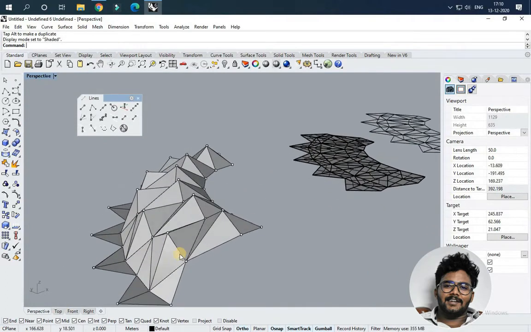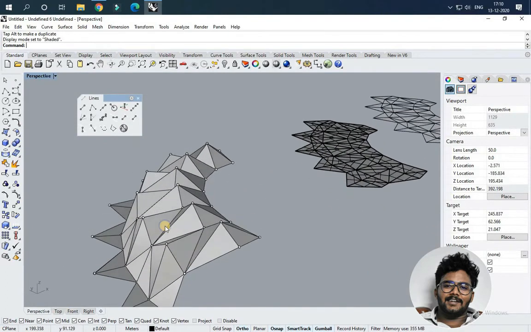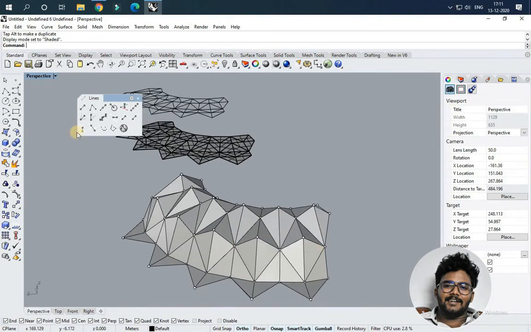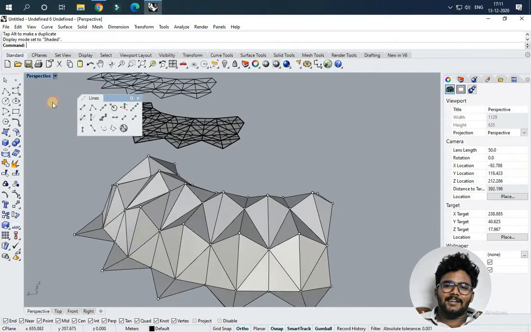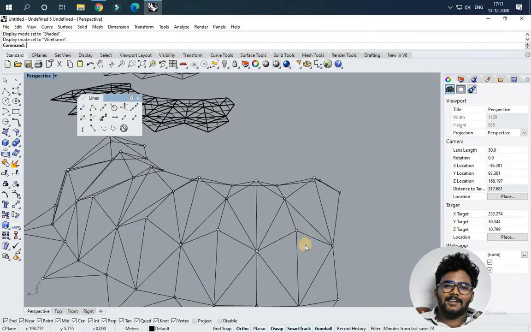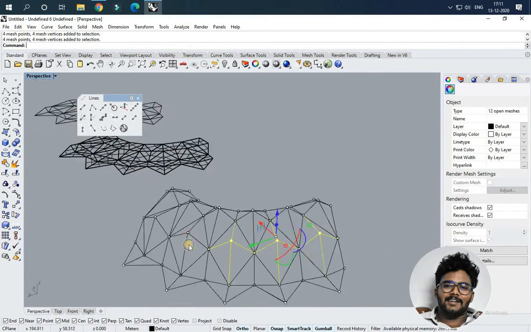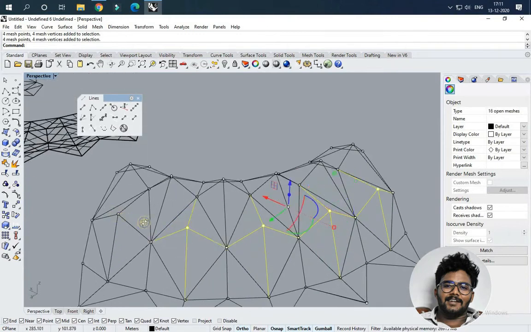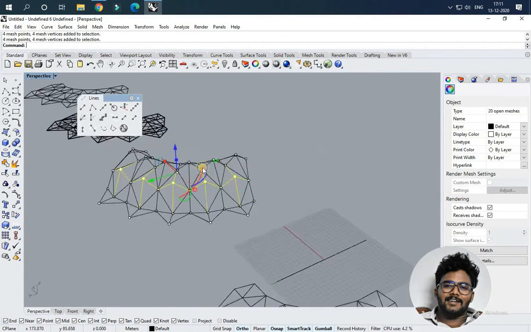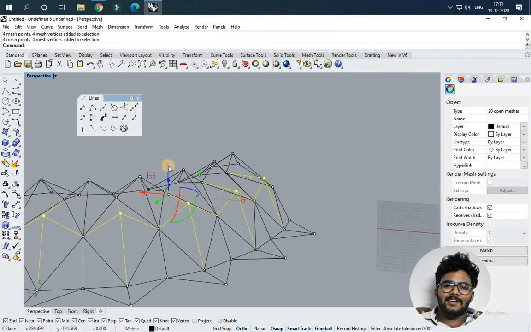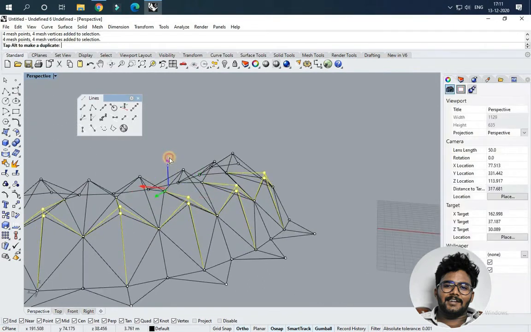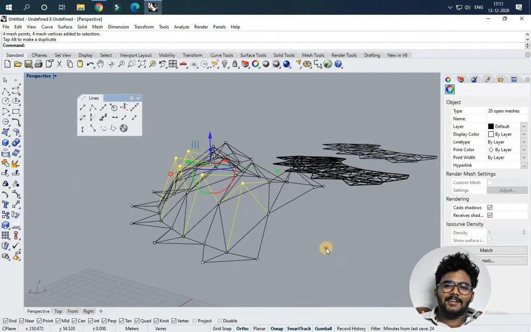I'm keeping it in shader mode. I'm just checking whether the pattern is coming exactly like what is there in the model. We should change the modes, like shaded, so that we check whether it's coming or not. We can't judge anything with a 2D wireframe, right? Wireframe is like you can edit in it, but you can't judge anything with this wireframe because the surface may create a mess sometimes. So we have to check every time when you make a move in wireframe.